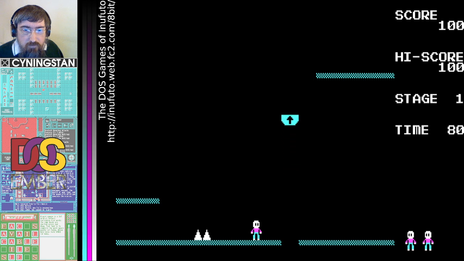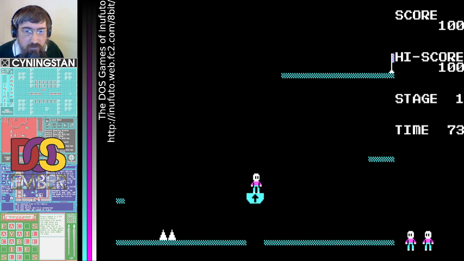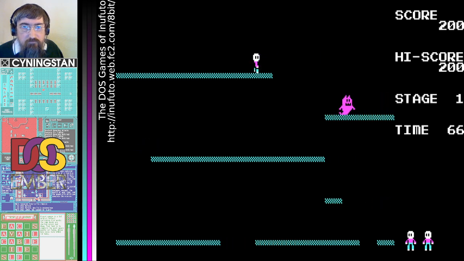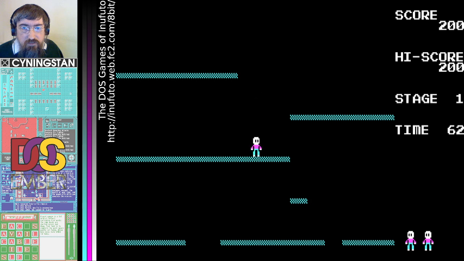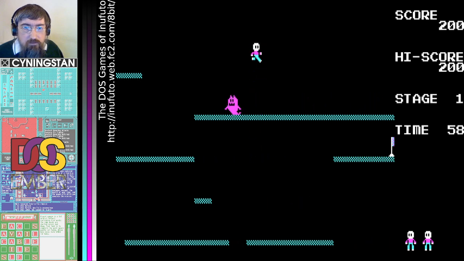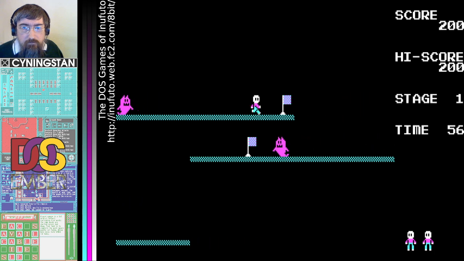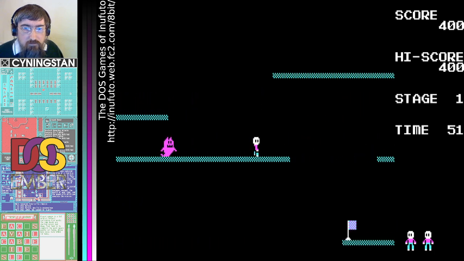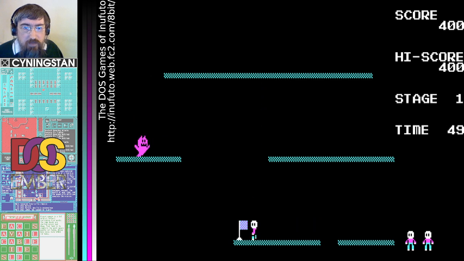Right, I suspect I'm supposed to jump onto that lift and get onto the top platform, so let's try and do that. Oh, I like the controls on this. As soon as you let go of the directional key, you stop moving horizontally. That's nice. Right, I've got nasties, and I assume there's going to be some reason why I need to be on that level. Yes, there's a flag there. Can I get up there? No, I can't get up there. I might have to come back onto this.